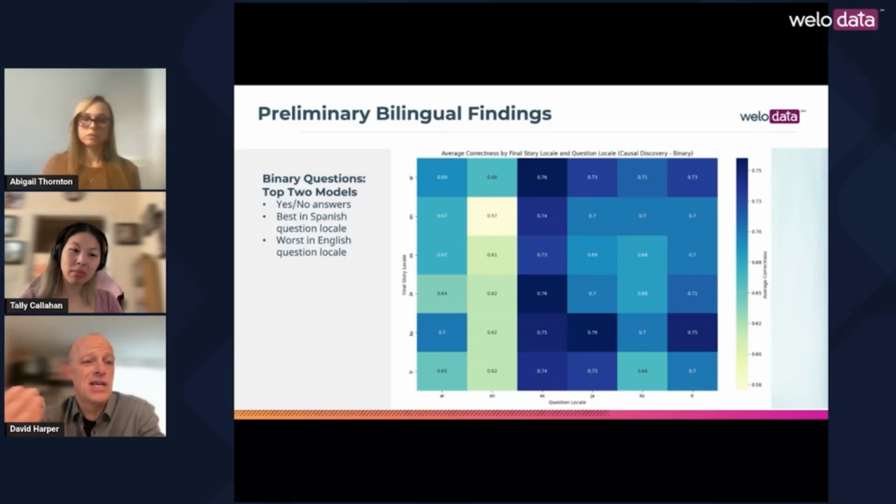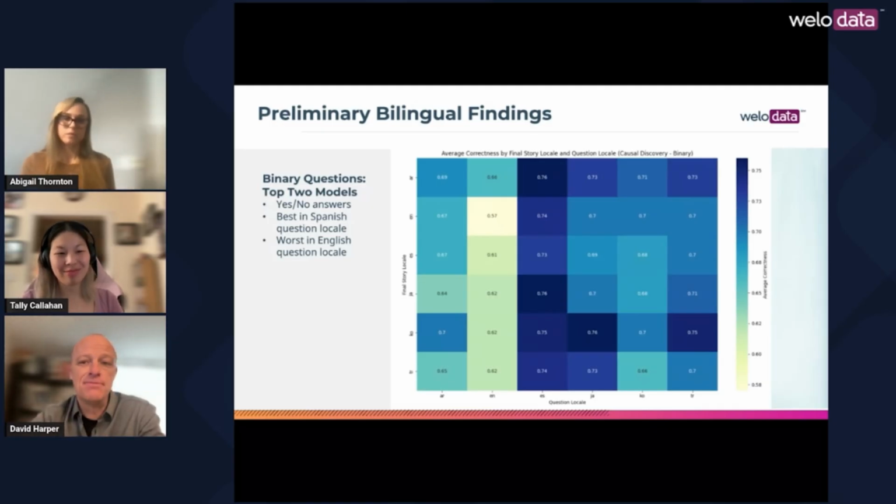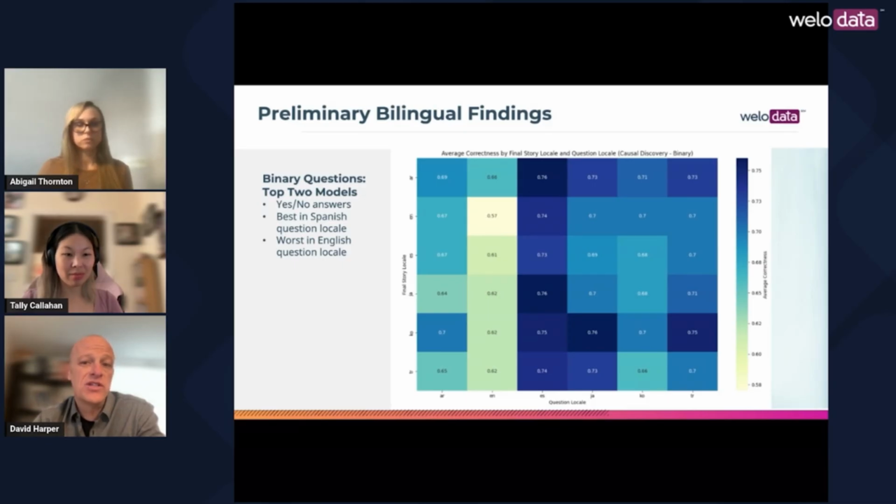This is a yes/no question. If the model was just going to guess, it would get 50% of these questions right. But here it's only getting 57%. Before I discuss why this might be, I'm going to highlight one other interesting detail from this study. For 95% of our causal discovery binary questions, the correct answer was yes. And for 5% of our questions, the correct answer was no. Now, when the correct answer was yes, the top two models only averaged 68% accuracy across all languages. When the correct answer was no, the top two models averaged 97% accuracy.